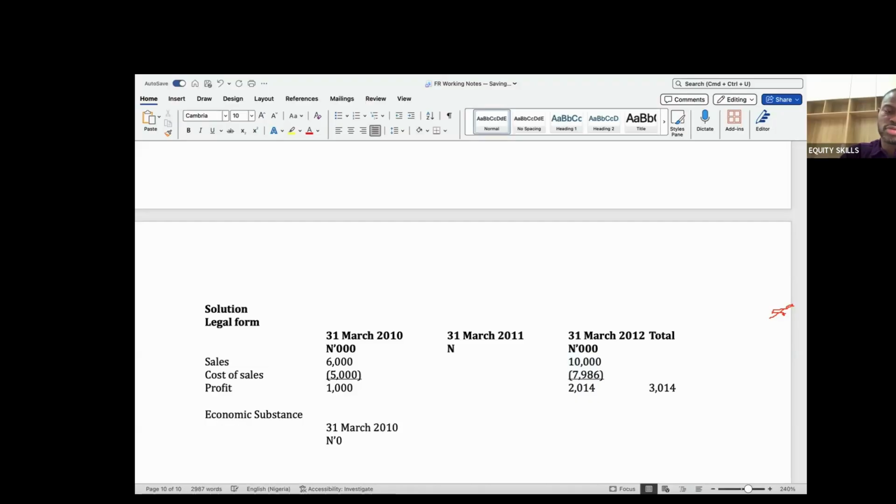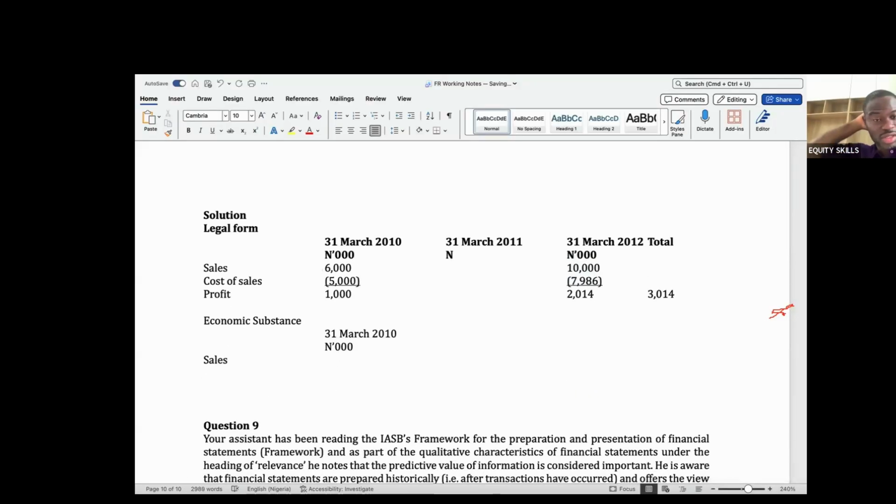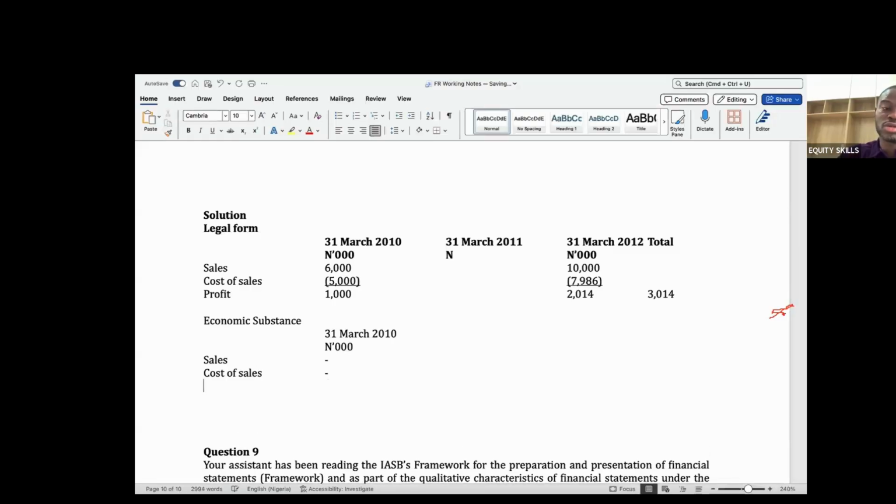Number one, as far as substance is concerned, there is no sales in that year. And since there is no sales, we cannot recognize any costs at all because of the matching concept. So no profit. So gross profit at that point is 0. Again, in the second year, there is no sales, there's no profit. In the third year,